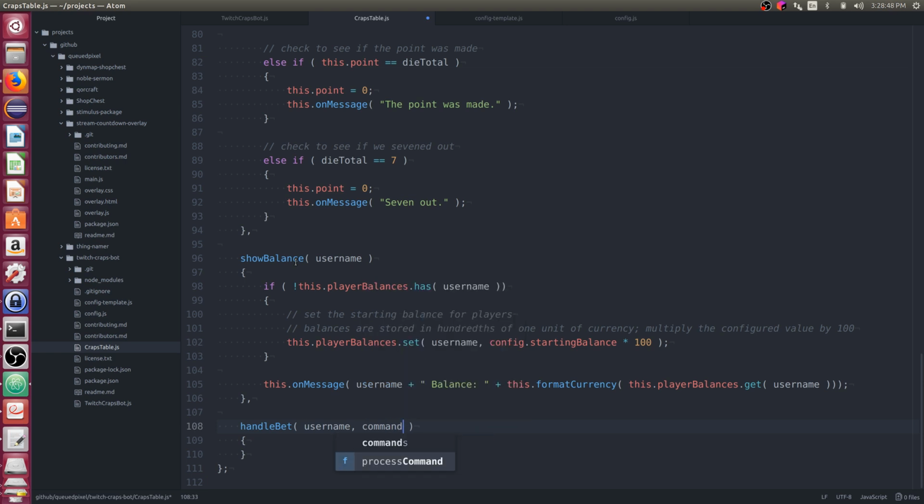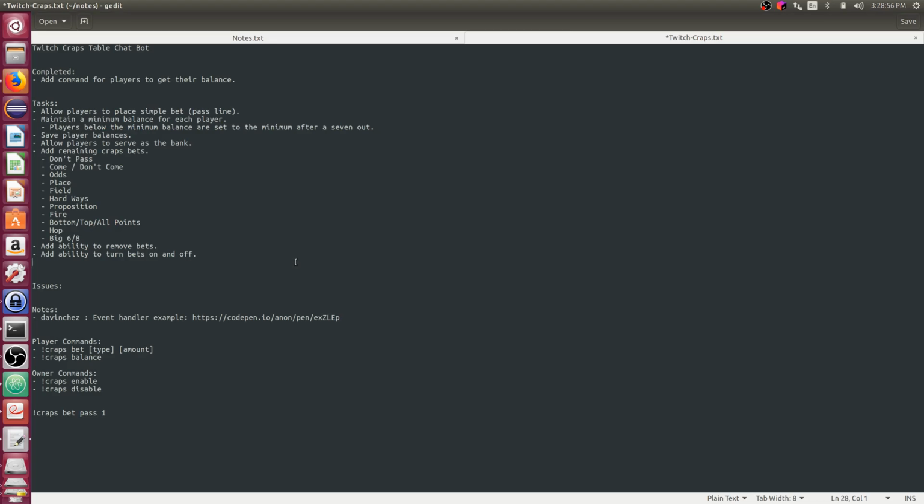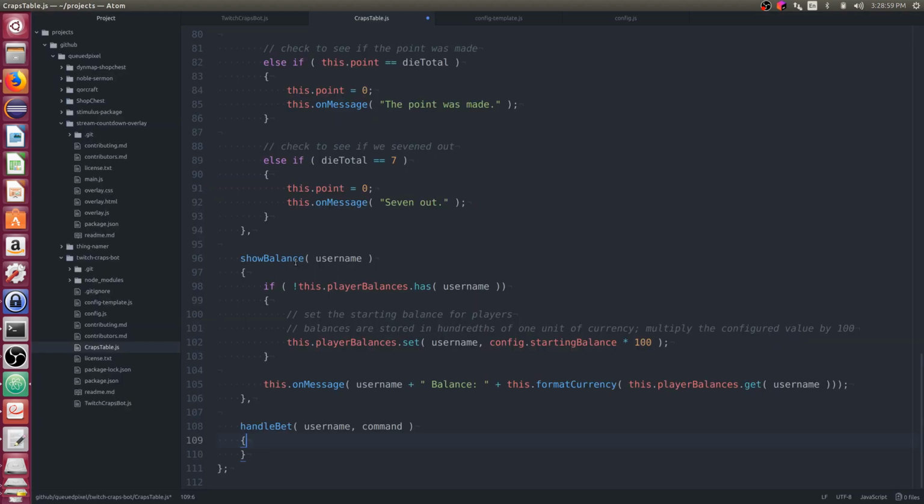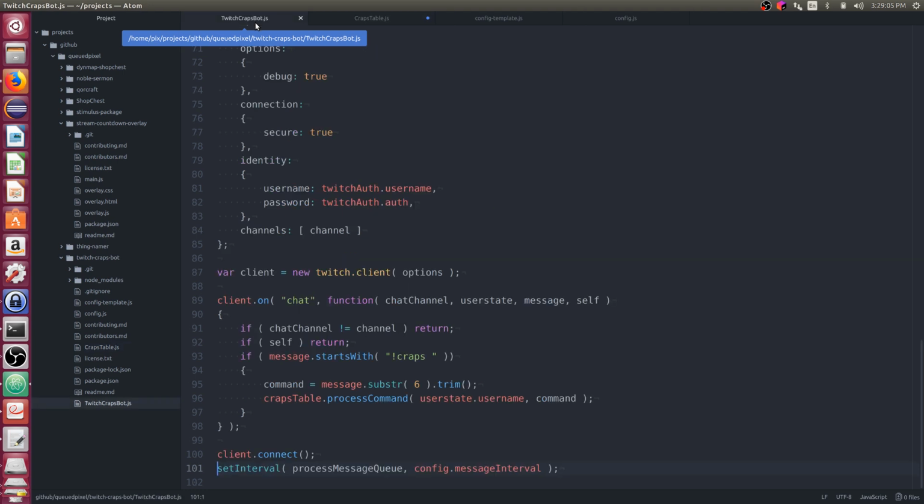We have username and command, so I pass in the command so that we can actually parse out the subcommand, or in this case the bet type. We have an example of how to do this within our Twitch interface. Let's go look at this here.